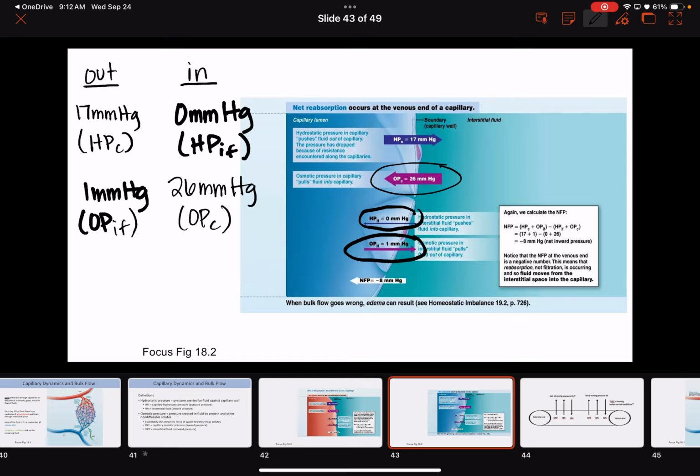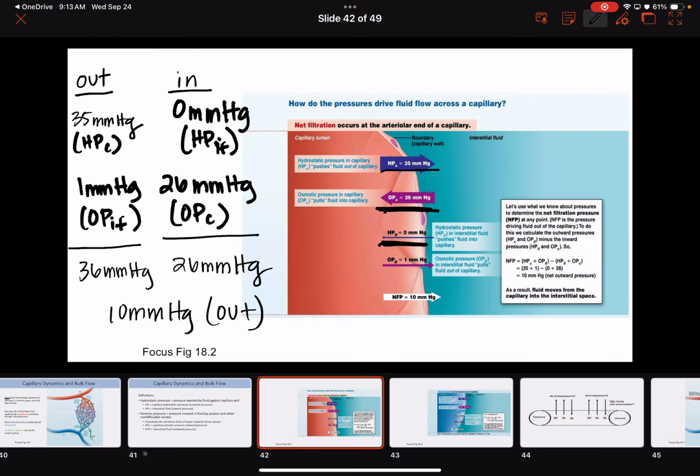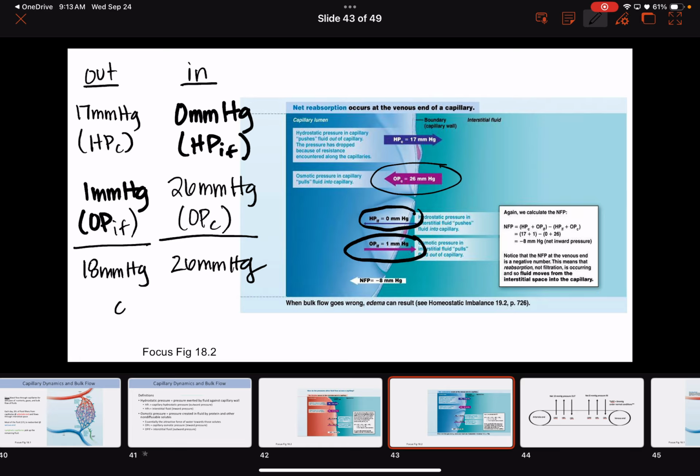Our outward pressure is equal to 18 millimeters of mercury, and our inward pressure now is 26 millimeters of mercury. What is the difference now? 8. 8 is the difference, but now what is the bigger pressure, inward or outward? In. This difference in pressure now is what allows us on the other side to then pick up the waste